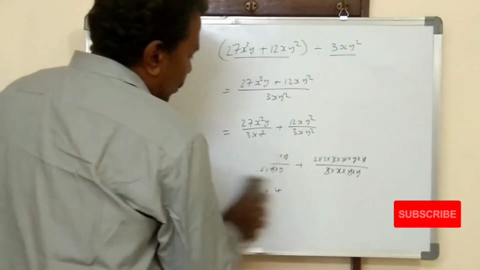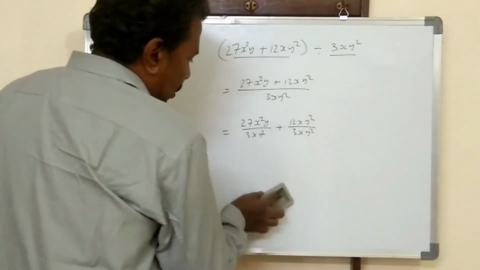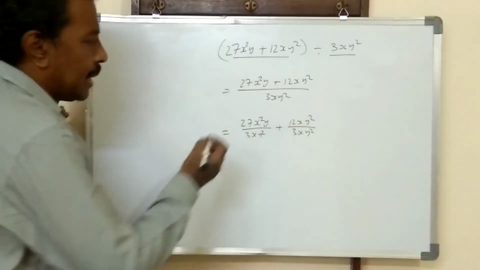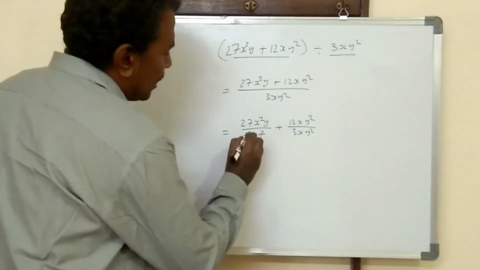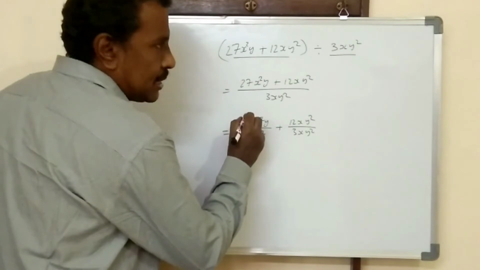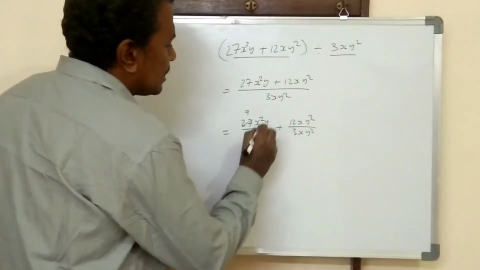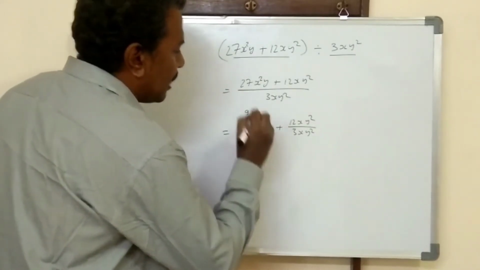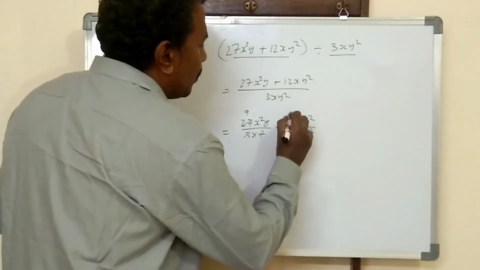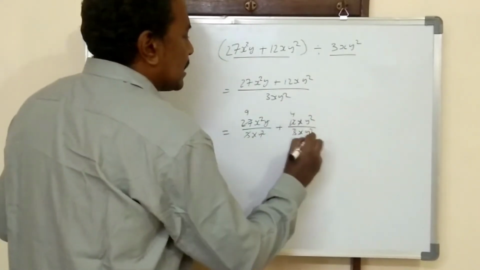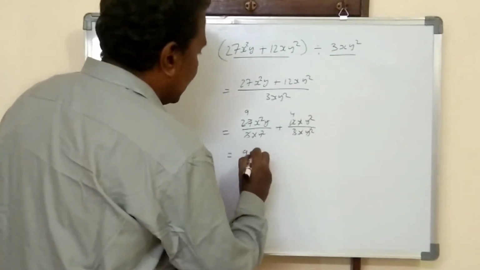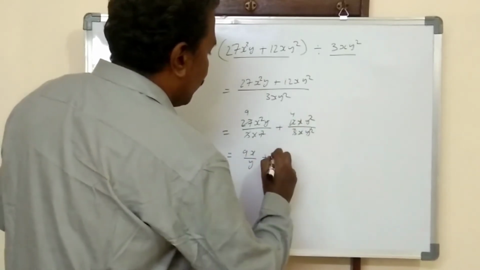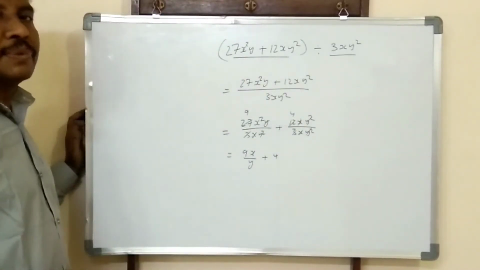Otherwise, you can do the sum without writing the monomials in expanded form, by using simple cancellation. So directly cancel 3, how many times? 9 times. X square, 1 x will be cancelled. Here y, 2 y's, 1 y will be cancelled. Here 3 4s are 12, x, y square, y square. So that becomes 9x by y, here 1 y will be cancelled, plus 4. So like that also you can do.